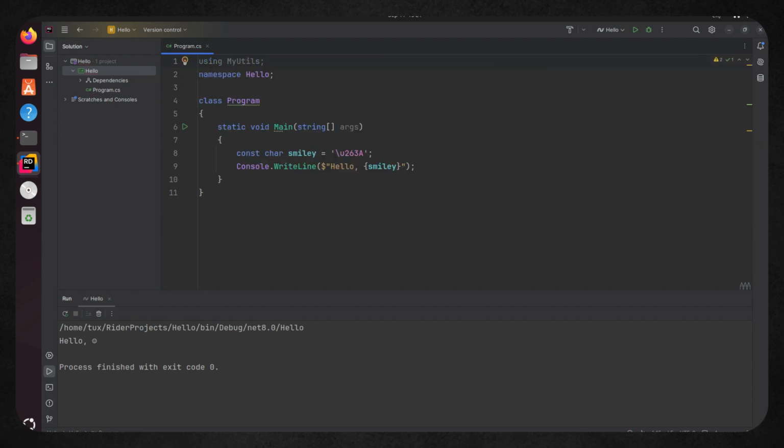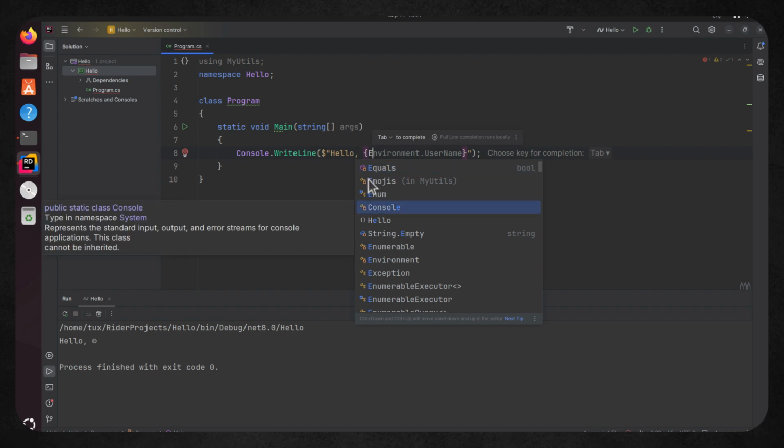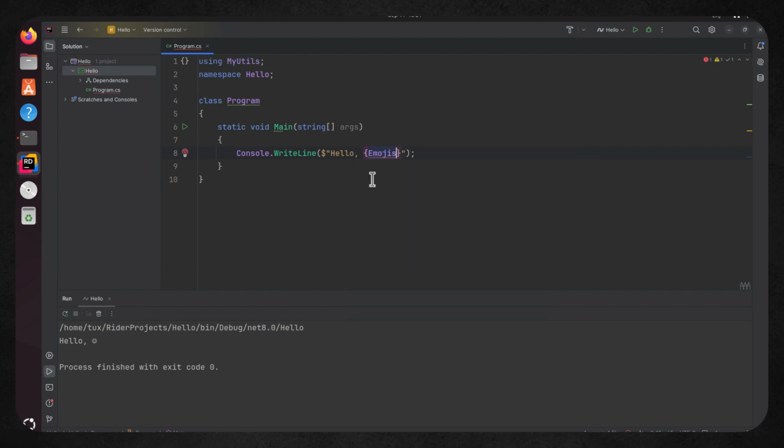When it's compiled, it's going to be compiled with my library. To make use of it, I use the using statement, which then imports myutils, the namespace. I can get rid of the existing constant that I had, keeping my code now clean and tidy. And we can go through then and add in my emojis and dot. And we can choose maybe the sad one to see what that did work out to be. I can execute the code.